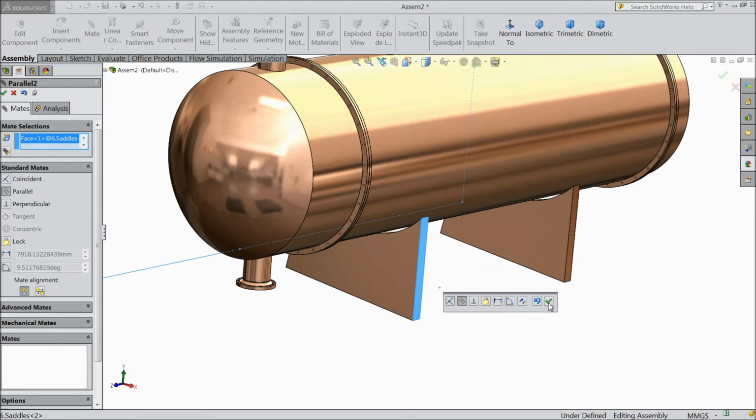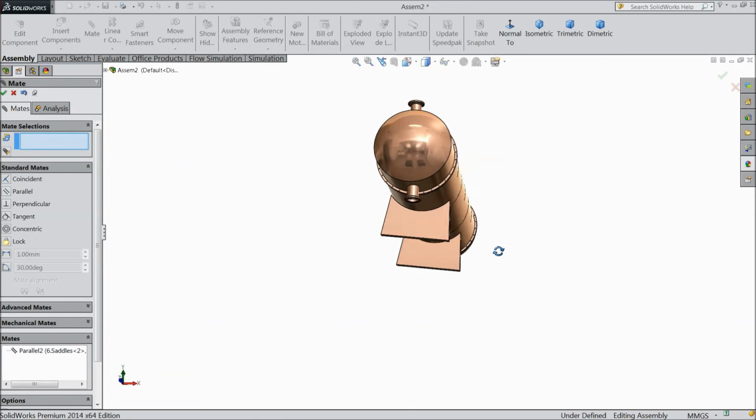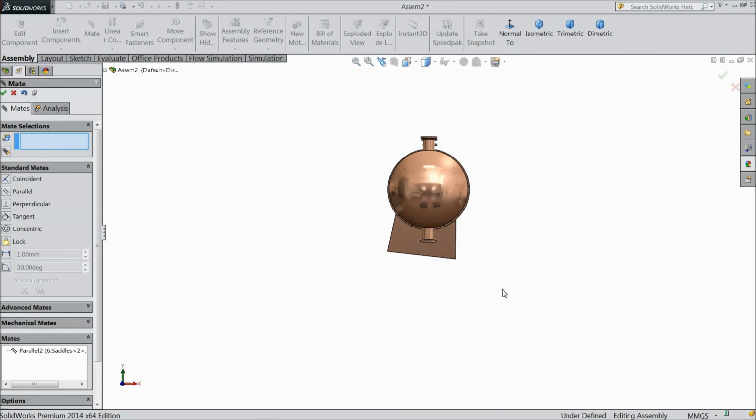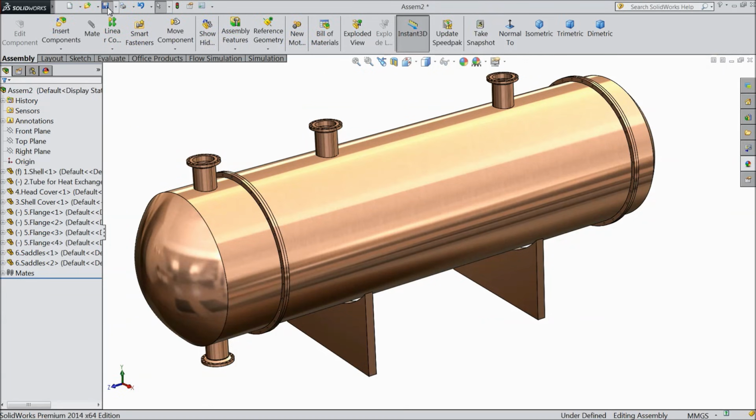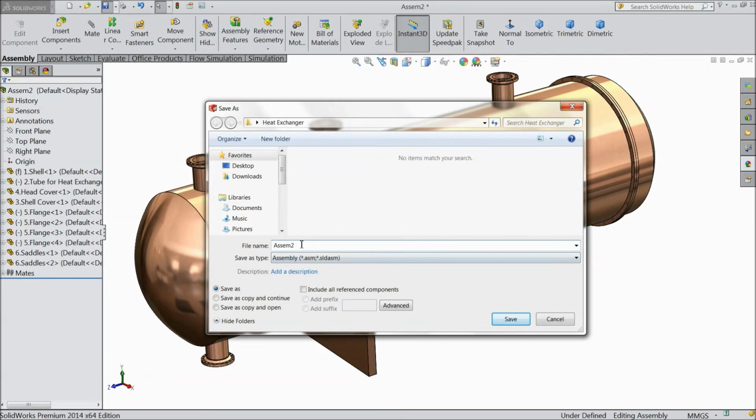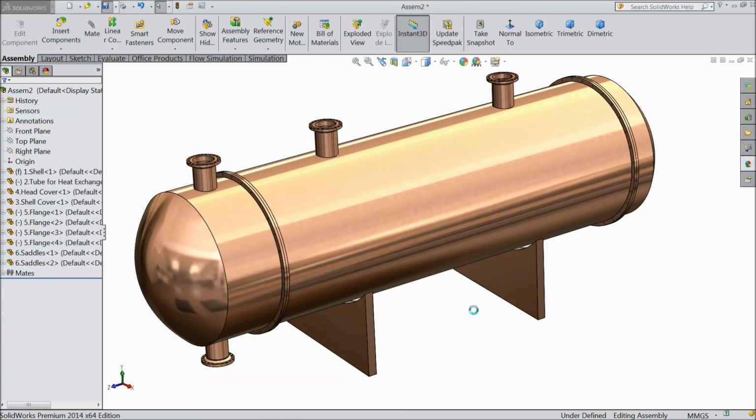Select parallel. Okay. Now see. Now save the assembly. Save as assembly.